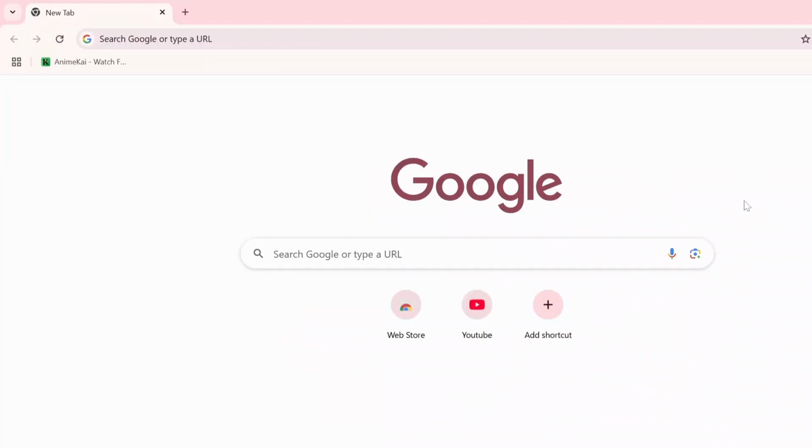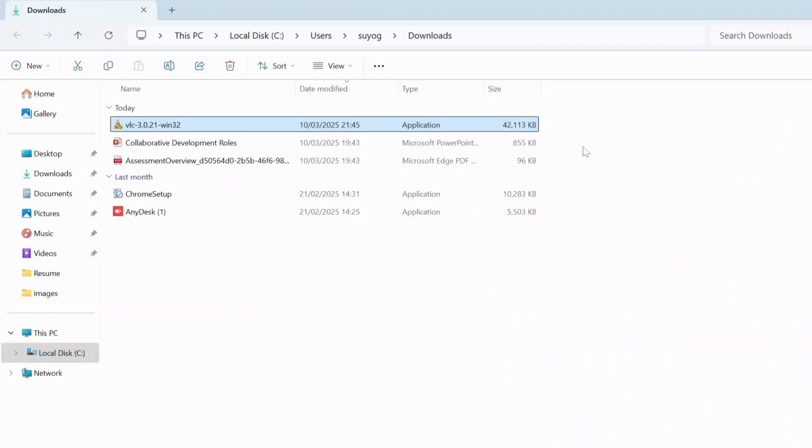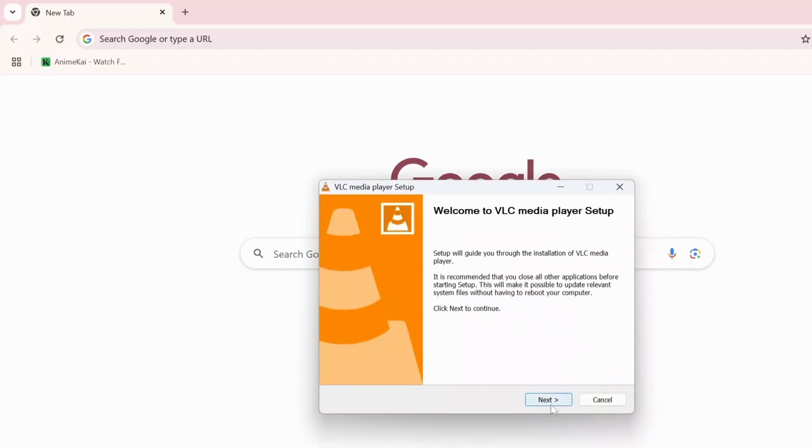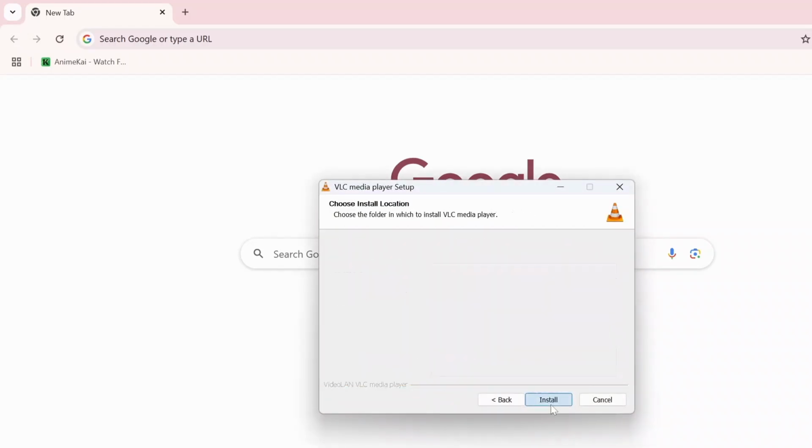So once it gets successfully downloaded, just tap on this download icon over here and click on this setup icon, and you can also open the application just like this. So once you click on enter, just click on yes and select the preferred language of your choice and click on next, and